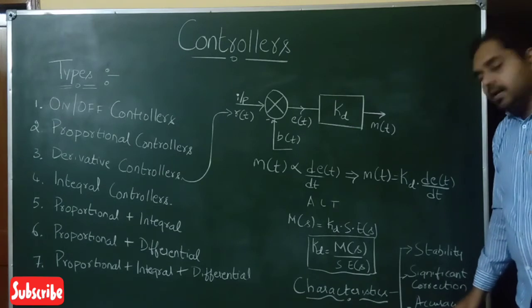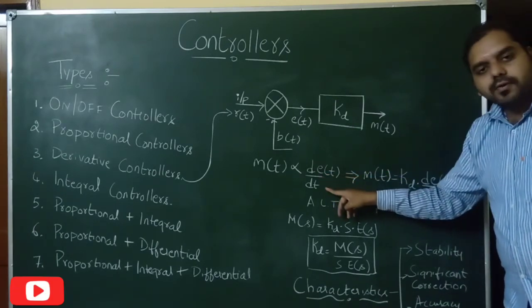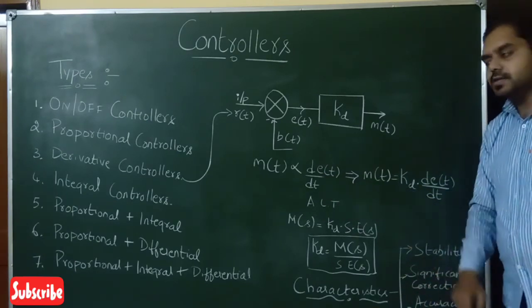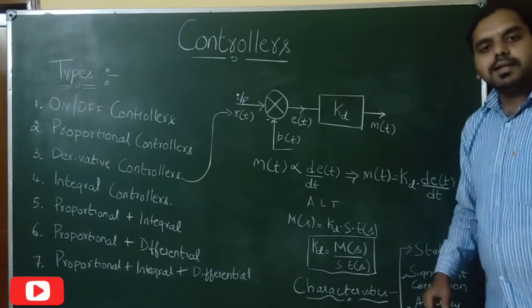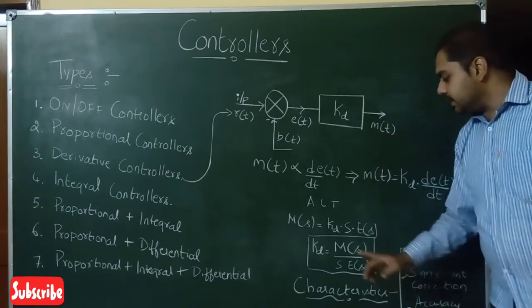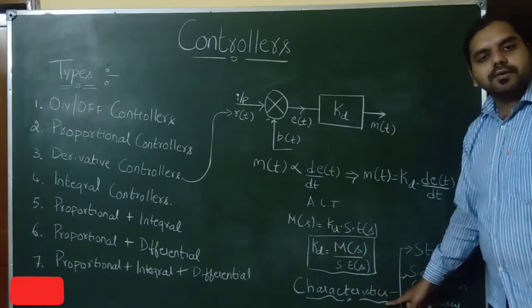Last point is, since the error signal is manipulated at each and every time derivative of our input, the accuracy of the system will be increased here. So these are the three characteristics which will be given to the system because of using this derivative controller. These are the main points. This is the block diagram, this is the gain to be remembered, and these are the three characteristics of the derivative controller that is given to the control engineering system.